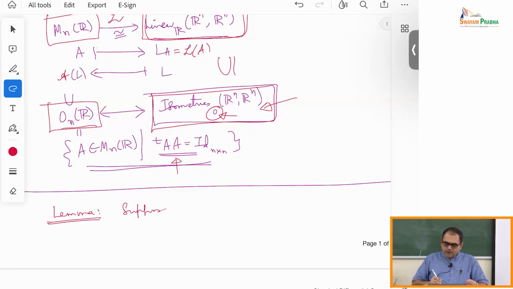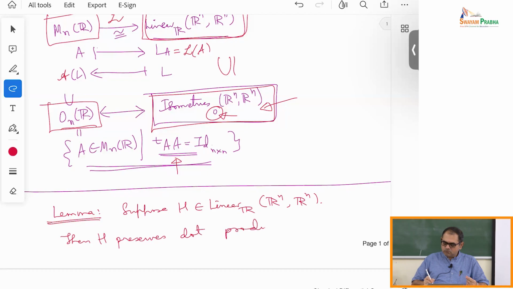Suppose H is a linear map from Rn to Rn. Then H preserves dot products,